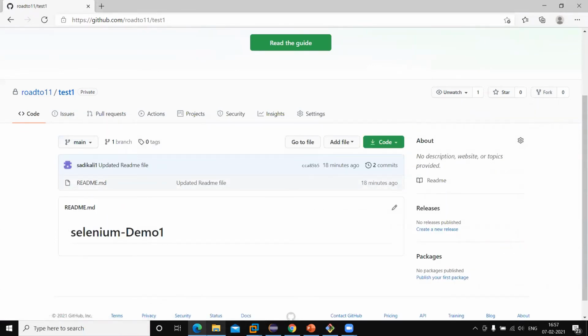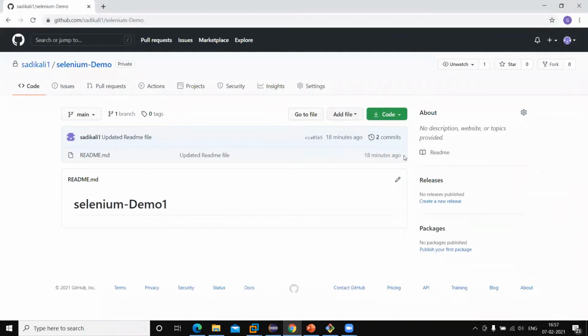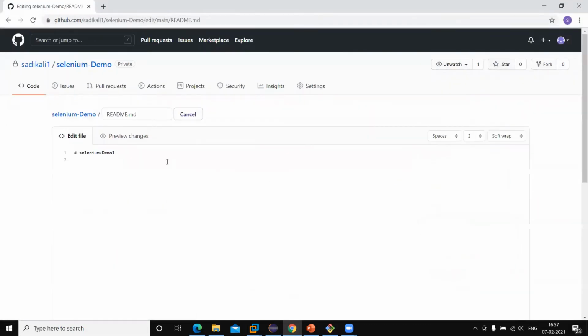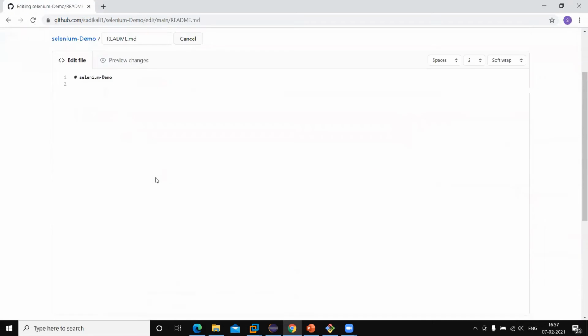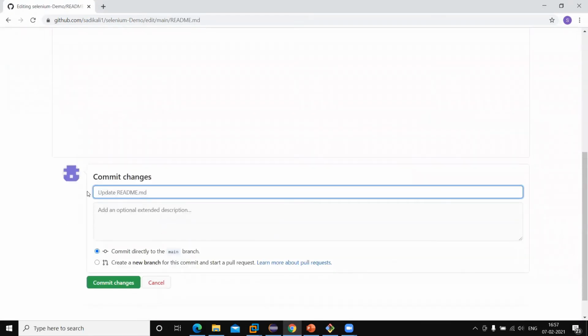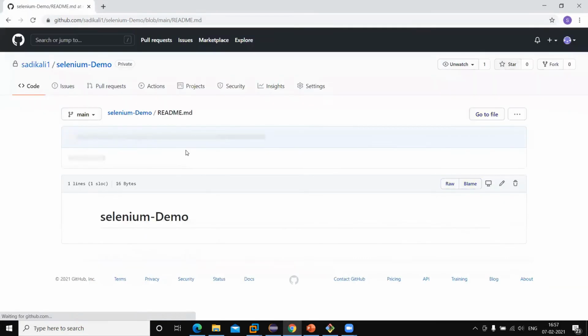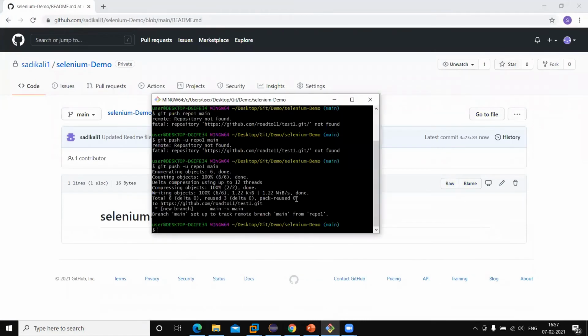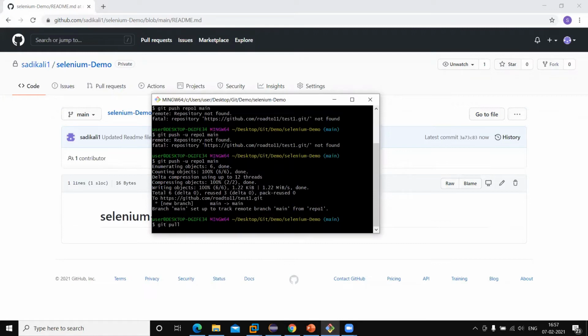Now suppose that I am going to update something here in this repository. Okay, like demo1, updated readme file and committed here. Now if I run git pull, let me show what it will do.